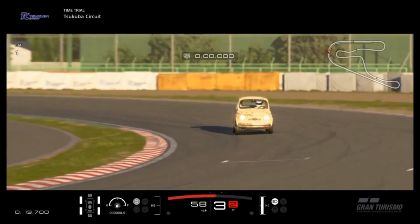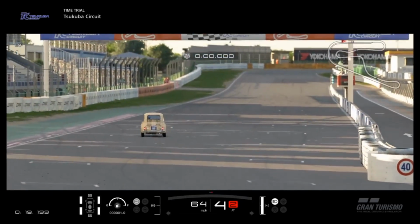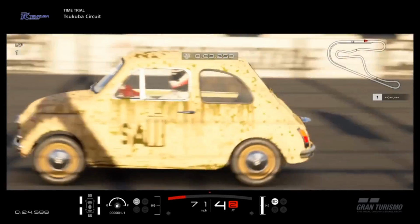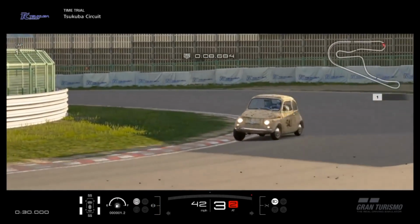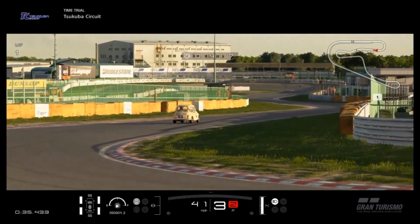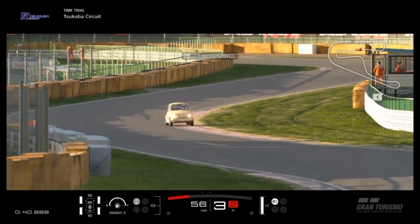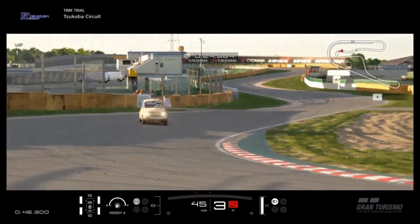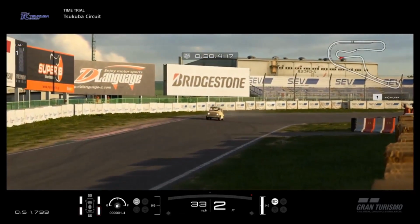Hi again then guys, and welcome to yet another specific car review from the most recent batch of cars to come to the game in 1.19, and we're taking a step back from the extreme performance of Group C or the great Group 4 ability of something like a Megane or even the off-road potential of an Evo, and going much lower down the food chain to a classic car, an icon for sure of the classic world, one of the most iconic city cars you could say ever made, probably at least up there with the Mini Cooper, maybe even more iconic possibly. And that car is, of course, in particular the Fiat 500F from way back in 1968,